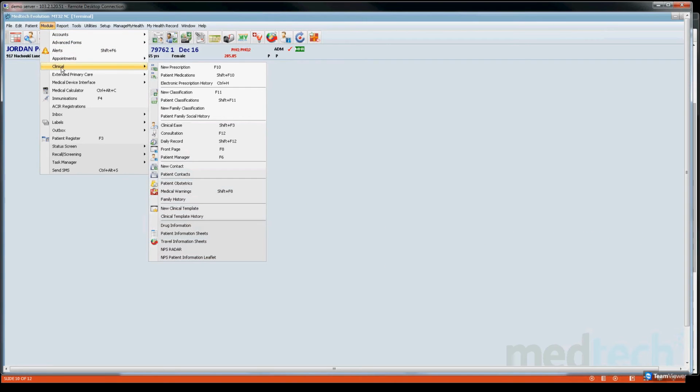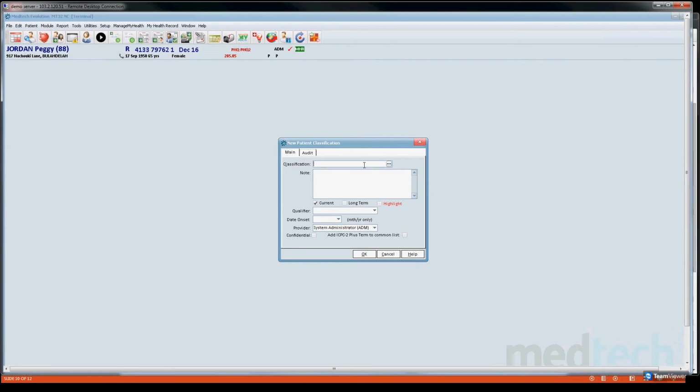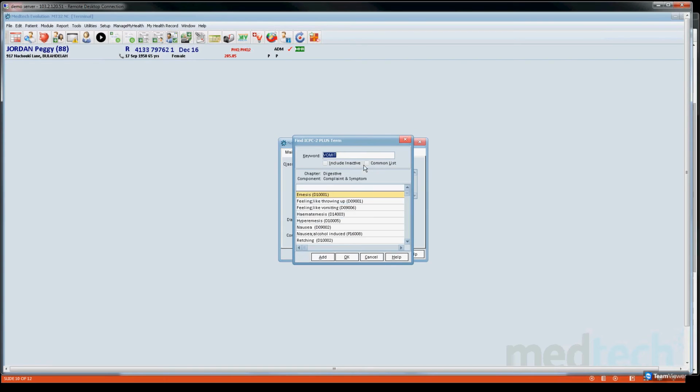So I go back to the module and then clinical to the new classification, or again F11 as a shortcut key. And now I want to use vomit again and see what comes up. So if I scroll down, there should be a new classification or code sitting there for me to use. So vomit5, if I say OK,